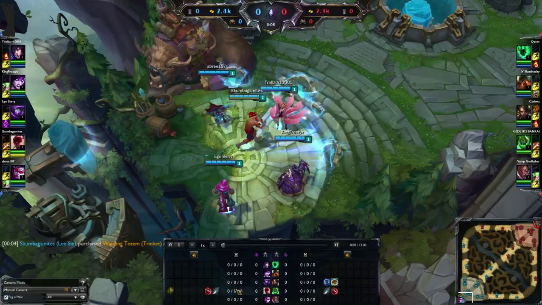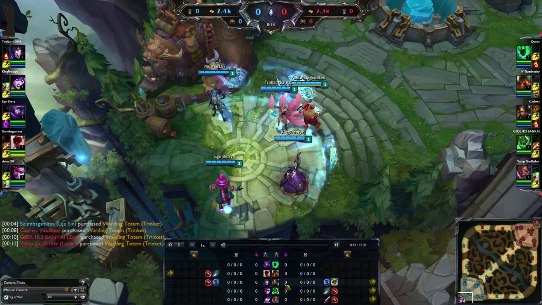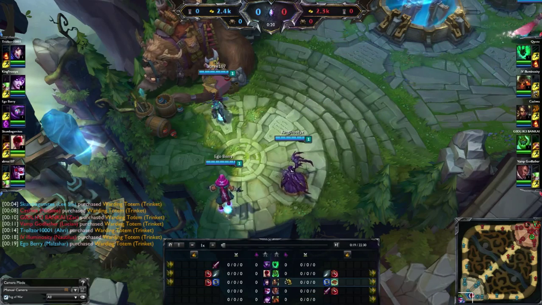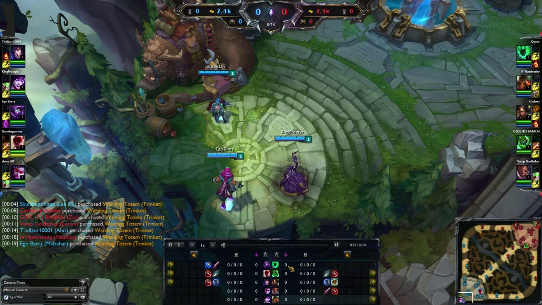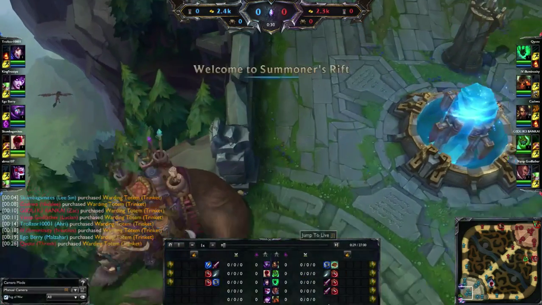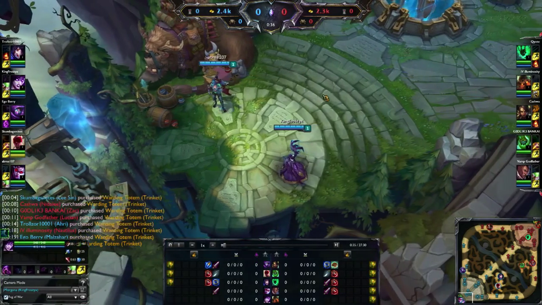Alright, so this game we're going to be looking at KingFrostyx on Morgana support. I believe this is a normal game. That's why we see kind of cheeky comps. What is going on? Okay, I don't know where people are going yet, but AD Malzahar. Okay, anyways,